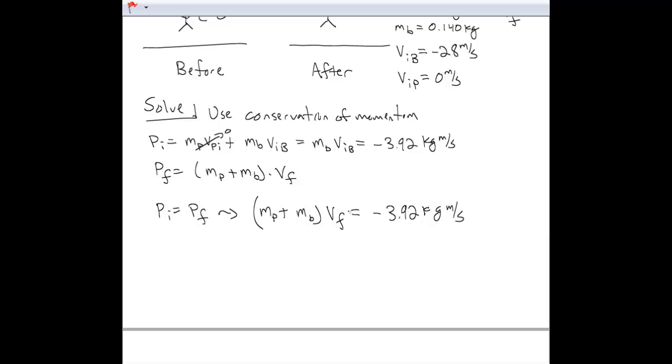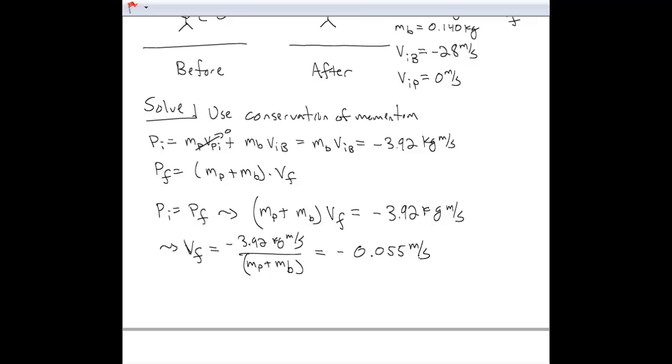From this we can solve for v_f by dividing by the sum of the masses: negative 3.92 kilogram meters per second, divided by the mass of the player plus the mass of the ball. When we plug in the numbers, we should get a final velocity of negative